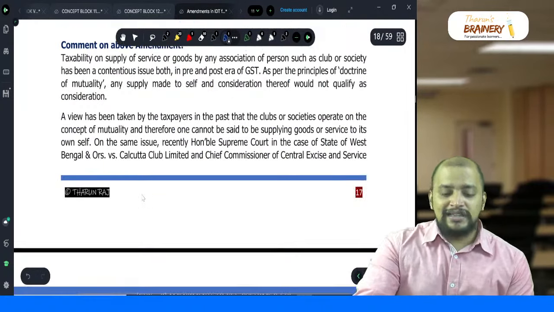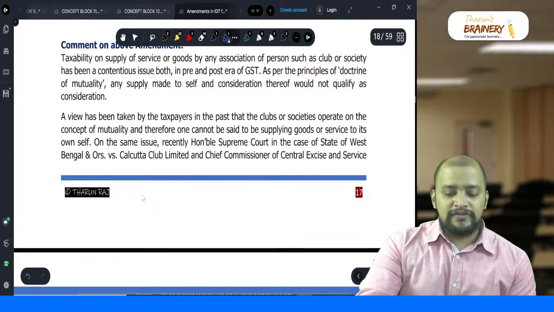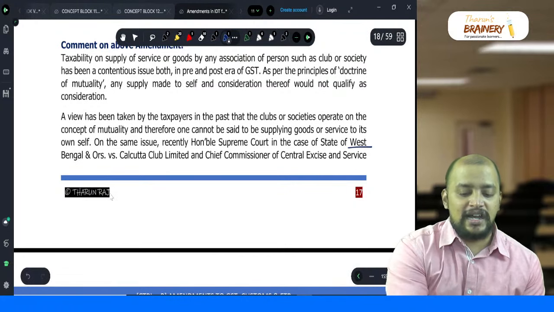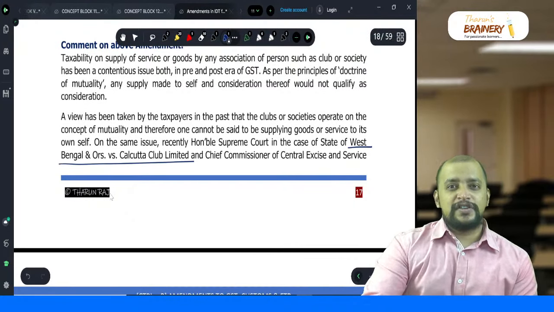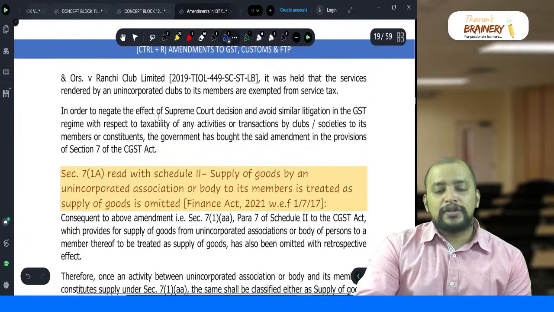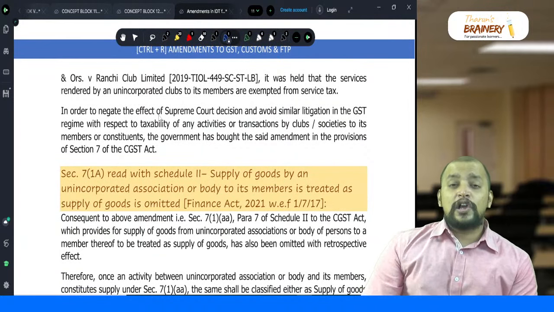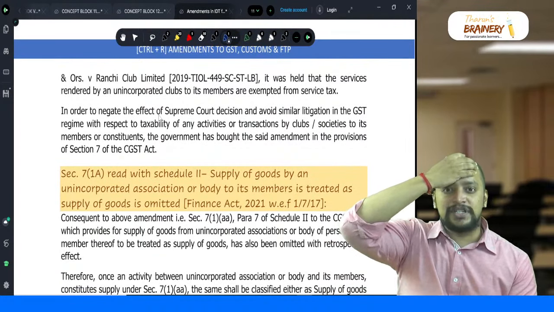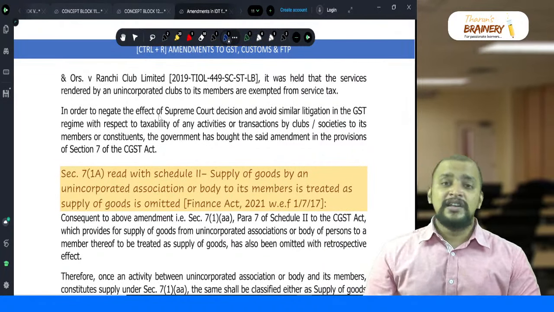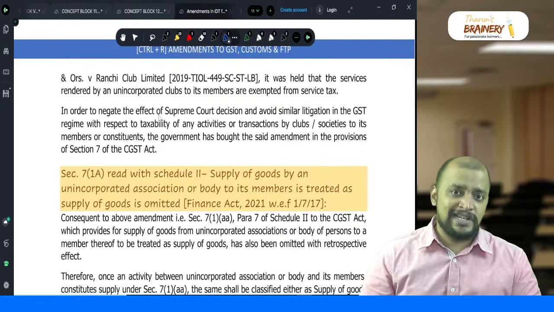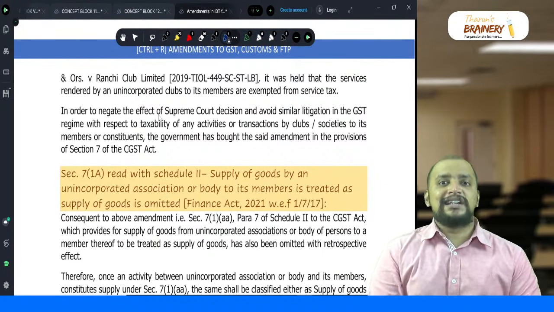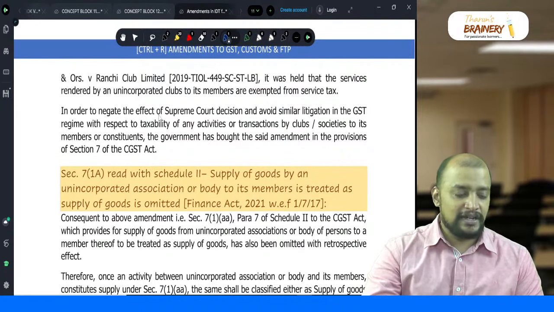So actually, they have added this because of one Supreme Court case, State of West Bengal versus Calcutta Club Limited. Because of this case only, they added this 7(1)(aa). So what the court held is that unincorporated associations or clubs providing services to their members are exempt from service tax. So the same position would be applicable even in GST. But to nullify that Supreme Court case, they added this 7(1)(aa). Okay. Then next,